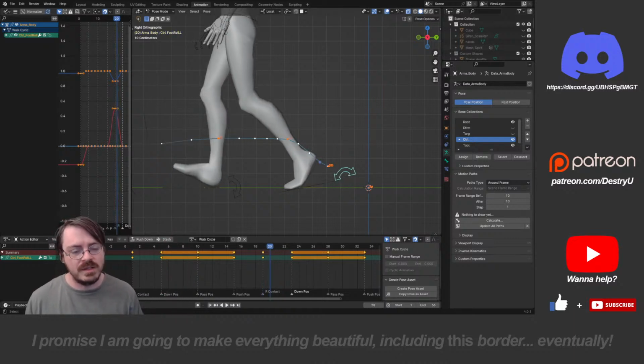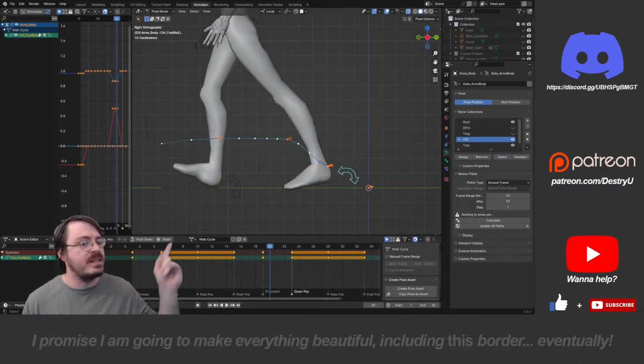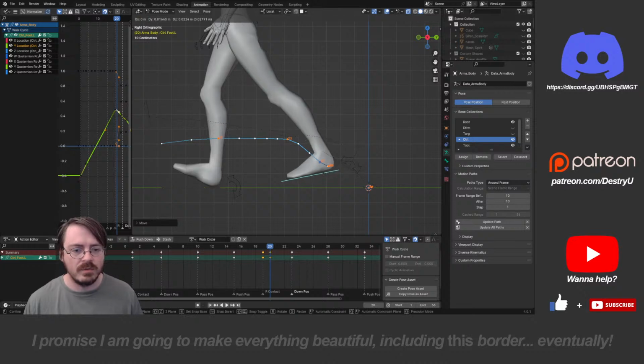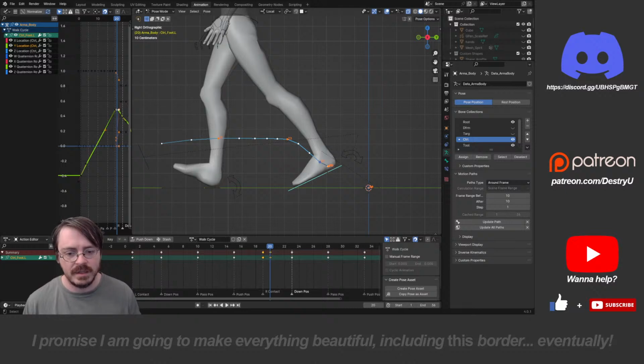So from here, I'm just going to say, 1 frame later, take this, reset that whole thing and insert a keyframe there. And then this is where we'll worry about the location of this guy. I'm specifically going to move him up to right about there and tilt him just a little bit more. So now if I update paths,